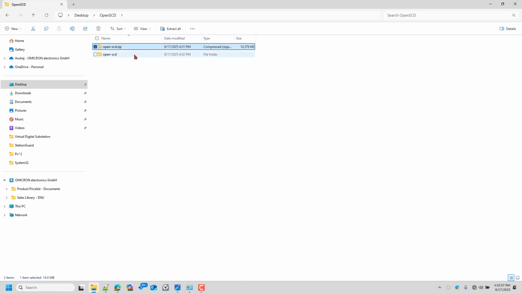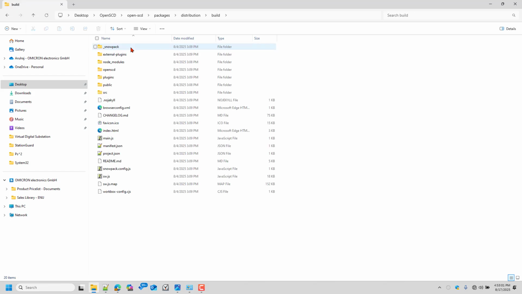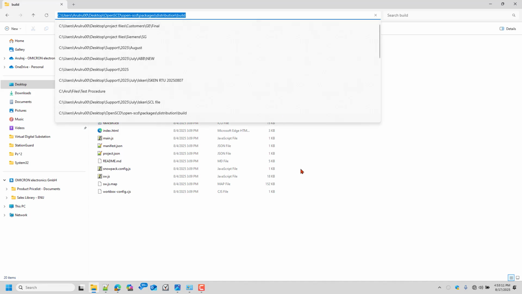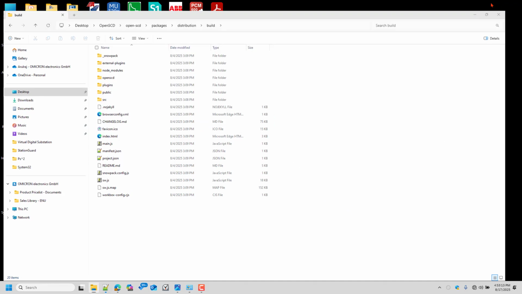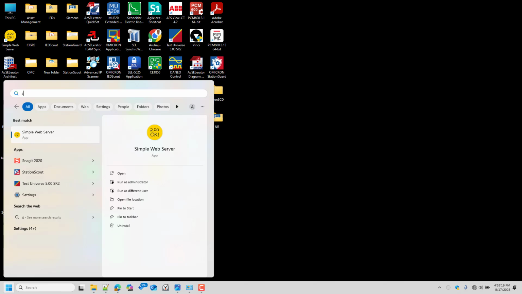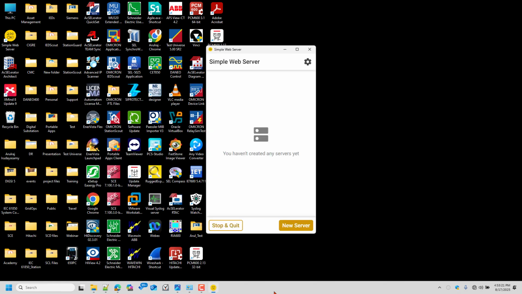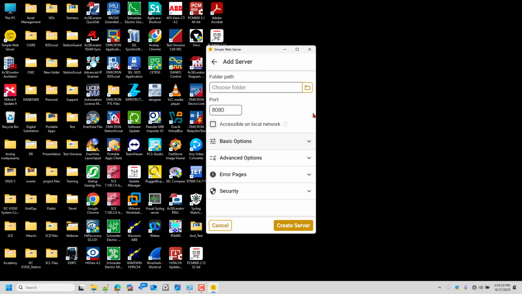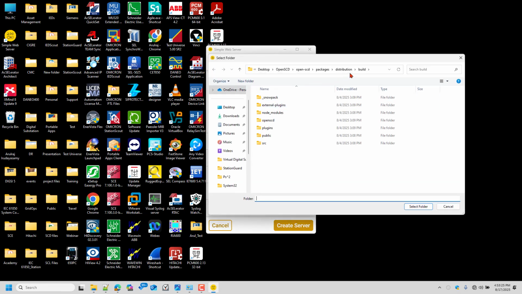So I have to go inside this folder: packages, distribution, build. So till I reach the HTML file locations, JSON files, I have to go, then copy, and then I minimize, and next I go to the simple web server, create a new server, choose the folder,